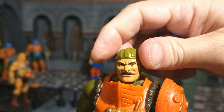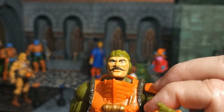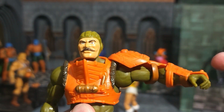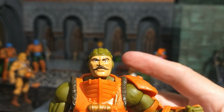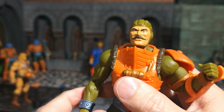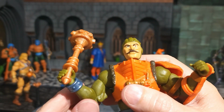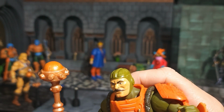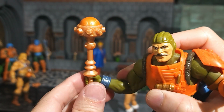He's going to get a little bit of pivot. Of course, side to side. He's going to get 360 with those arms. He's going to be able to come out to a T-pose. Even with all that gear, it just moves out of the way. Bicep swivel. Double jointed elbows, which is going to be hindered a little bit by the armor. Let's go ahead and look on this side. Yeah. Gets 90 degrees. Again, on this side, you have a vertical hinge for the right hand, and you have